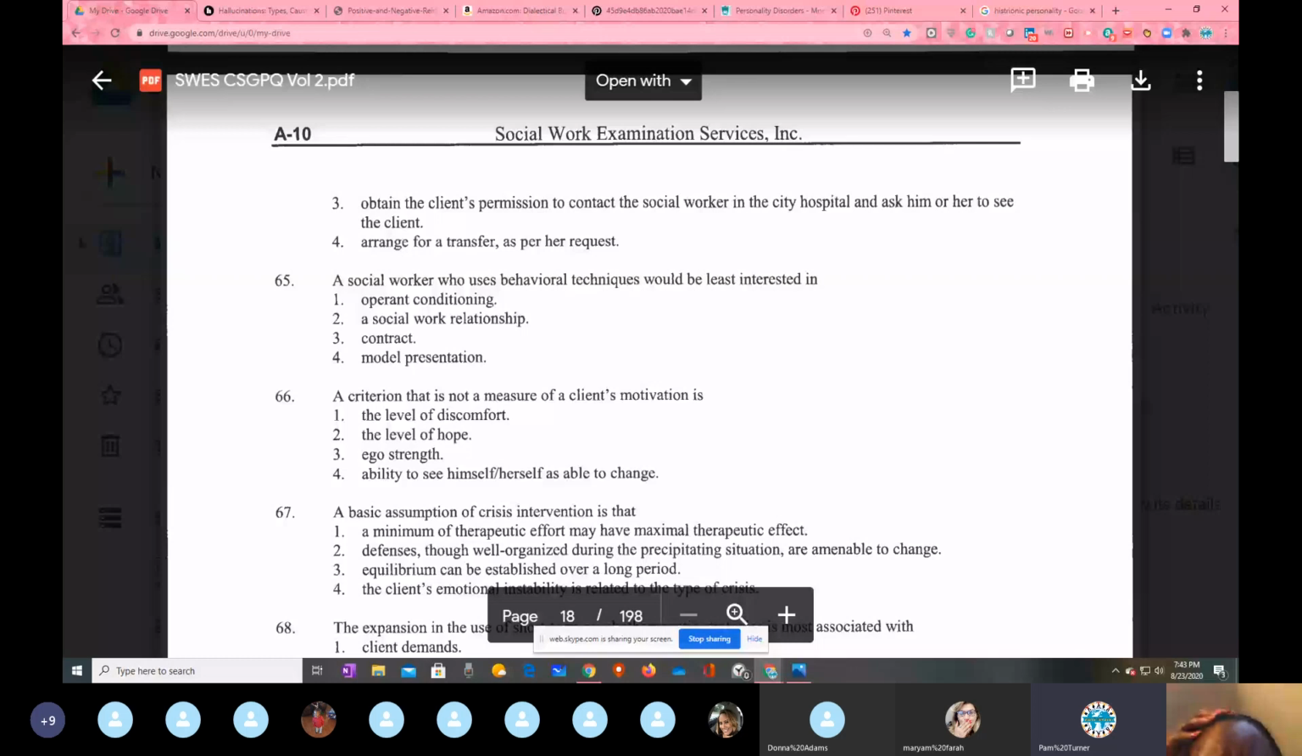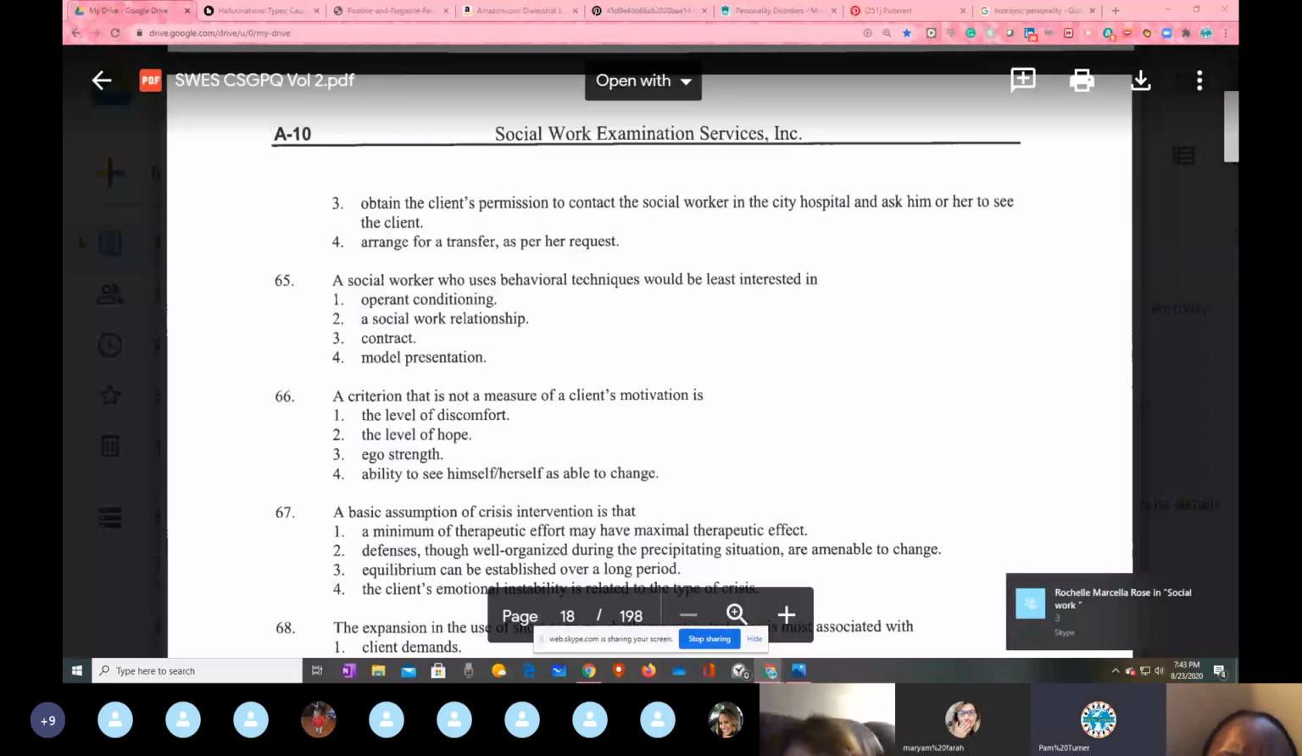Okay, so let's look at 65. A social worker who uses behavioral techniques would be least interested. Remember, my behavioral people, that's going to be my Skinner or Pavlov. All they cared about was changing your behavior. Okay, so who would be the least, if you'd be the least interested in what? I'm going to get 65. Oh, I would do a contract. Yes, Latoya, yes. Feelings, social relationship. I don't care if you like me. I don't care if you ever see me again. Behaviorists are never